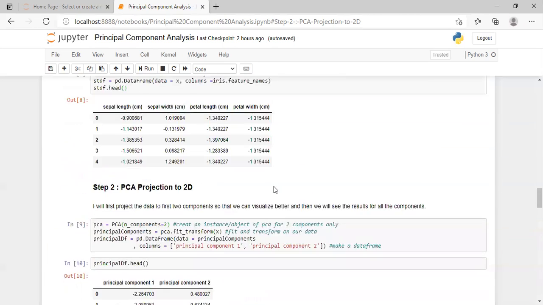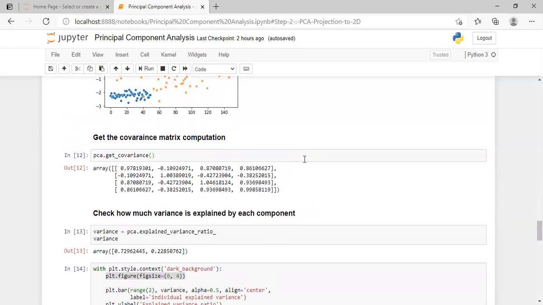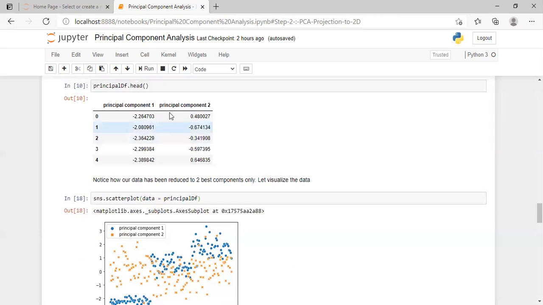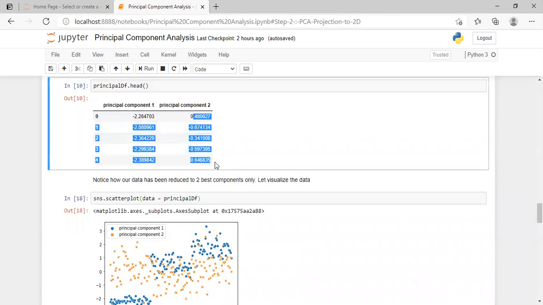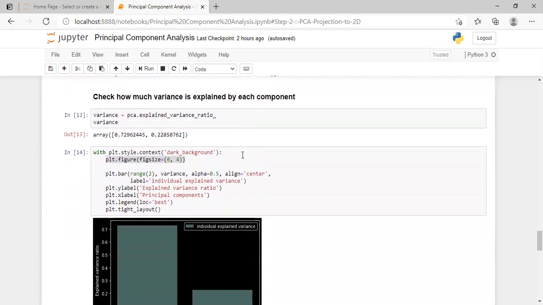Now there are no 4 columns. All of our data has been projected into components, and principal component 1 is giving me 73% of the information of our data, or you can say the variance of our data explained by principal component 1, and around 22-23% of the variance is explained by principal component 2. This component is explaining around 23% of the variance in our data.